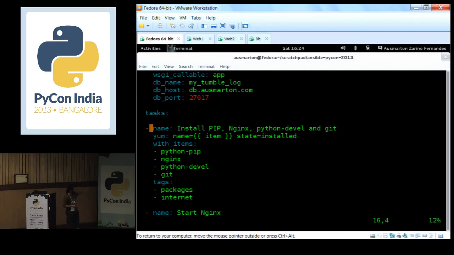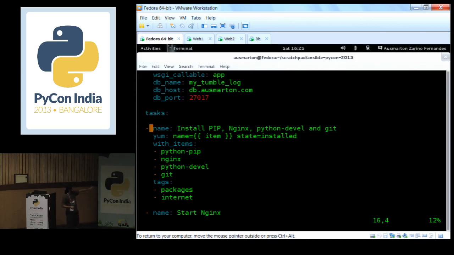Now you see there is a yum key there, which says that yum should be run for this. Now yum is not really the executable that needs to run. It is a module which is written in a way that you specify these parameters. It expects a name parameter and a state parameter.